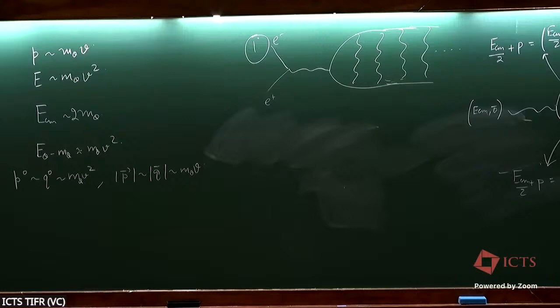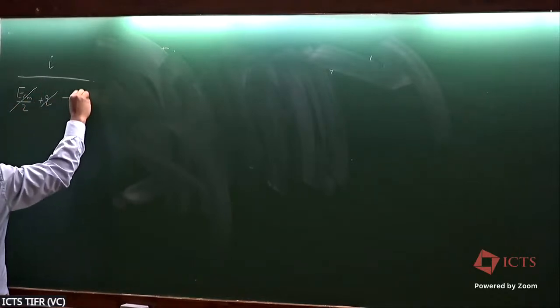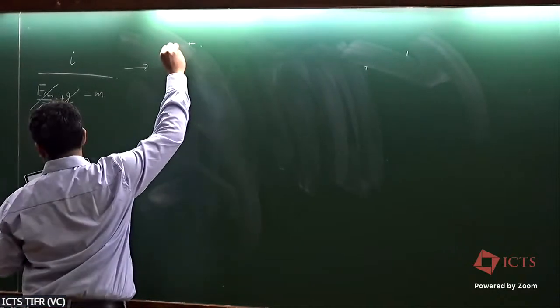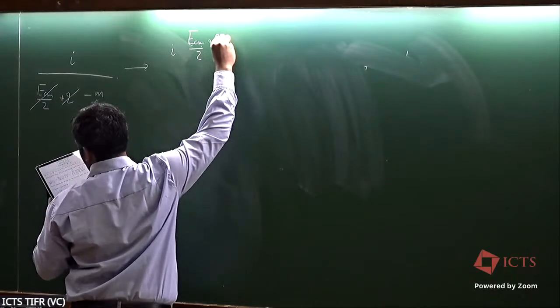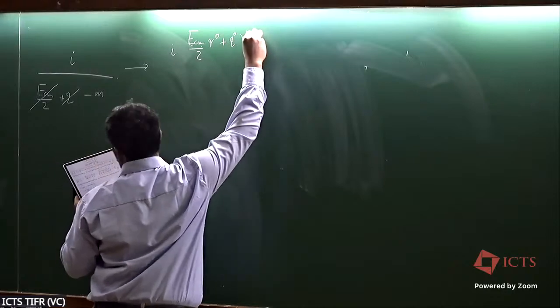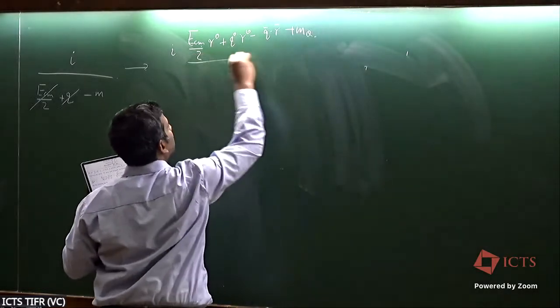So just to give you a hint where to start, the propagator that you will start with is, let's say, this one, which is given by E center of mass by 2 slash minus M, which you will write as E center of mass by 2 gamma 0 plus Q0 gamma 0 minus U dot gamma plus MQ, divided by